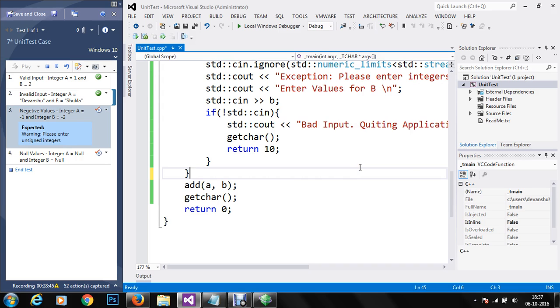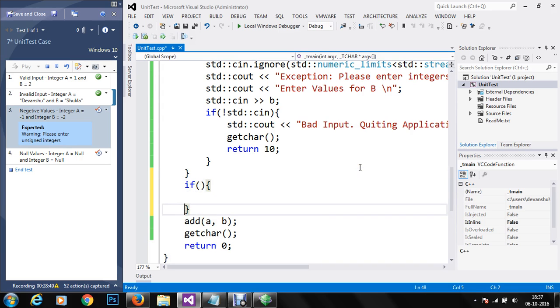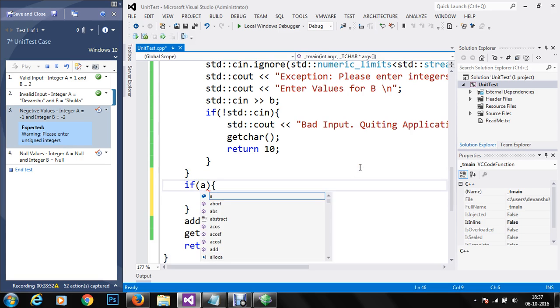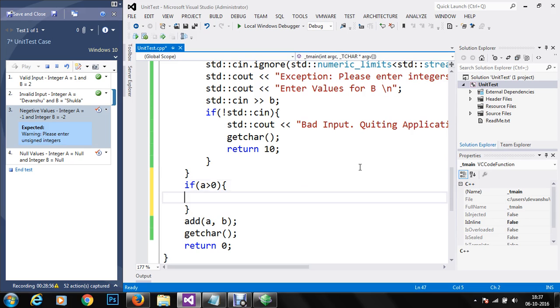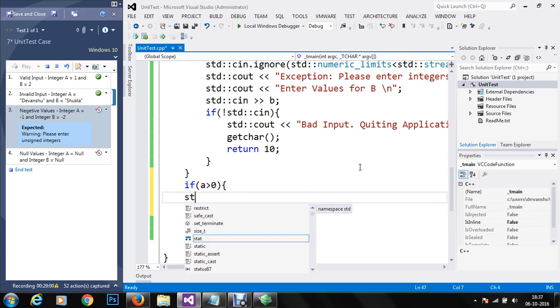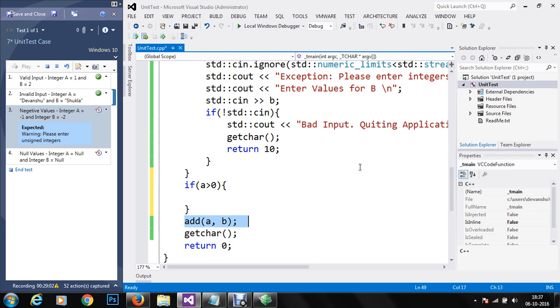You should get a warning. So we'll check if a is greater than 0, and b is greater than 0. Only then the code will be performed.